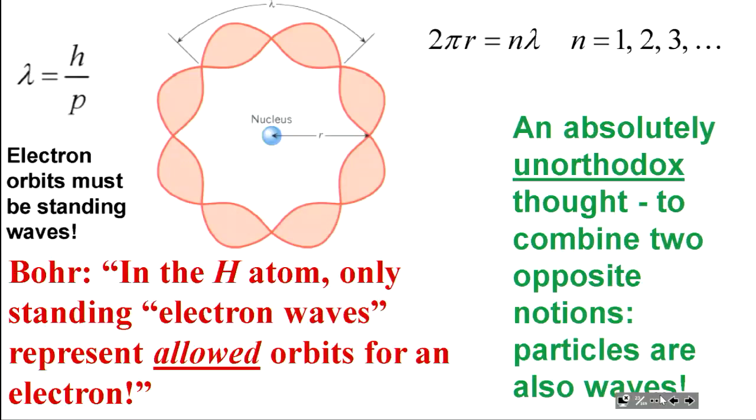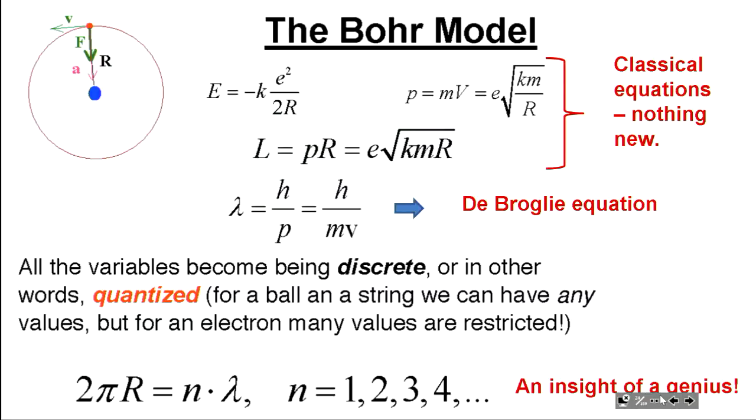He said, well, if electrons are waves, they can only exist when that wave is a standing wave. Not just any regular wave, but a standing wave. Circular standing wave. What do we know about standing waves? Everything. That's it. So he added one additional expression. The circumference, that trajectory of the electron, should fit a fixed number of electron wavelengths, one wavelength, or two, or three. Only those trajectories are stable and exist. And now, if we add these two expressions, the de Broglie equation for the wavelength and the Bohr equation for standing waves,